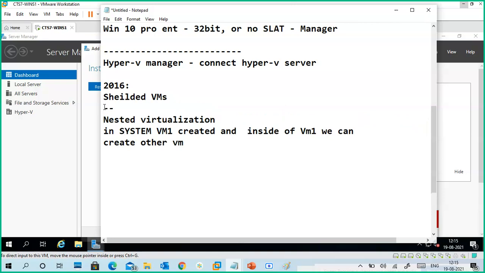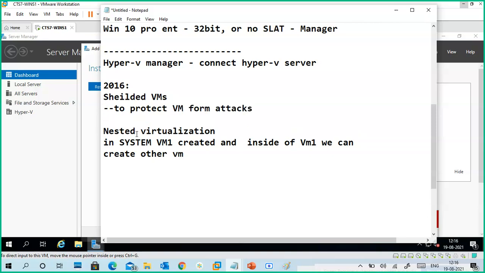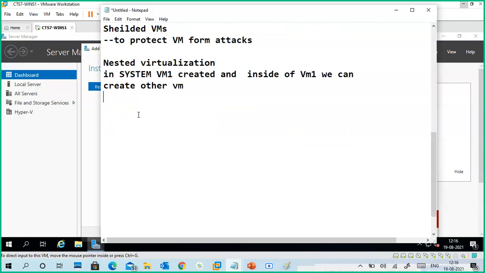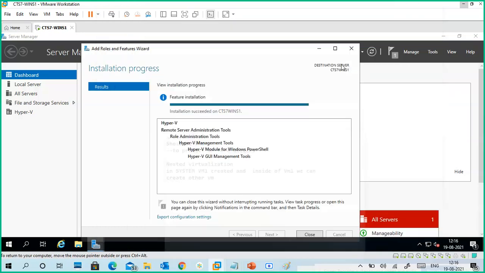Shielded virtual machine means to protect VMs from attacks. These are our main two features, and of course there are a few more features. So we'll see that one also.